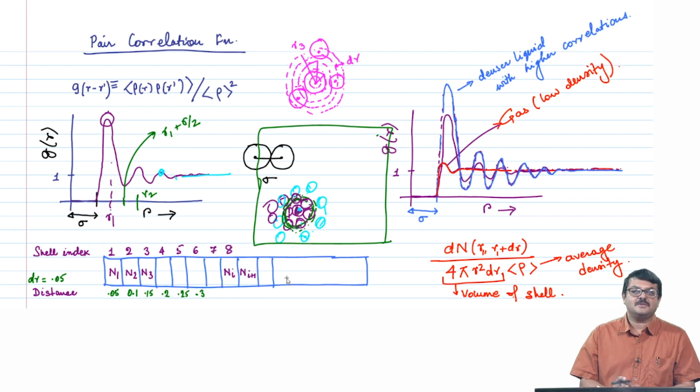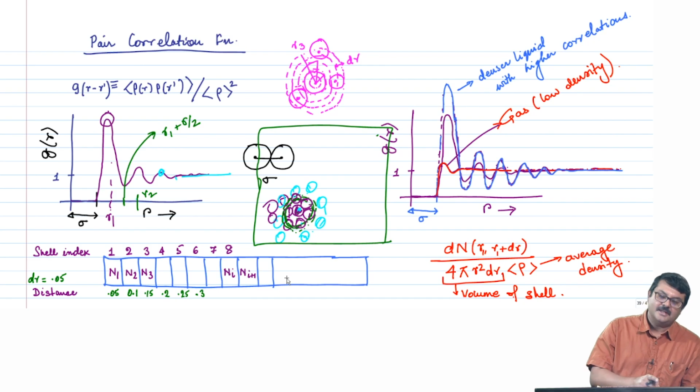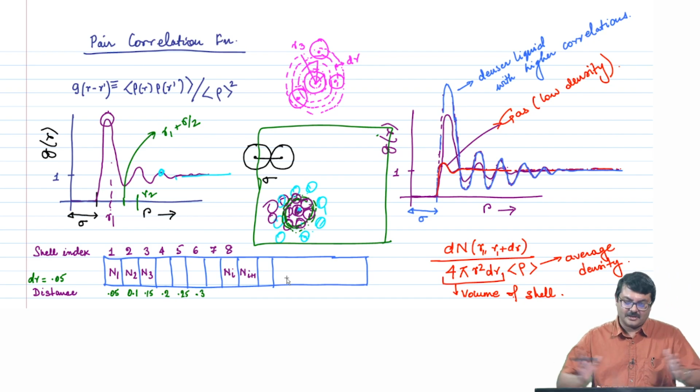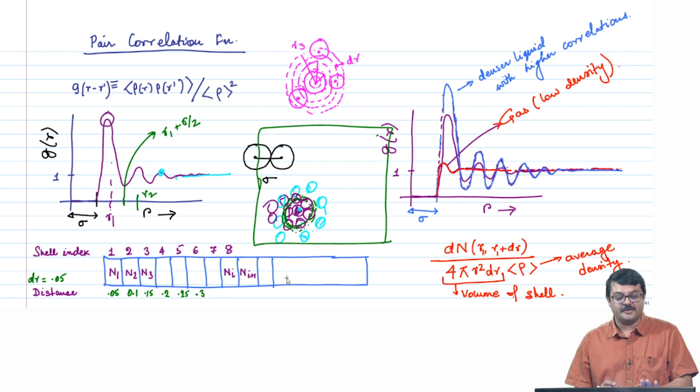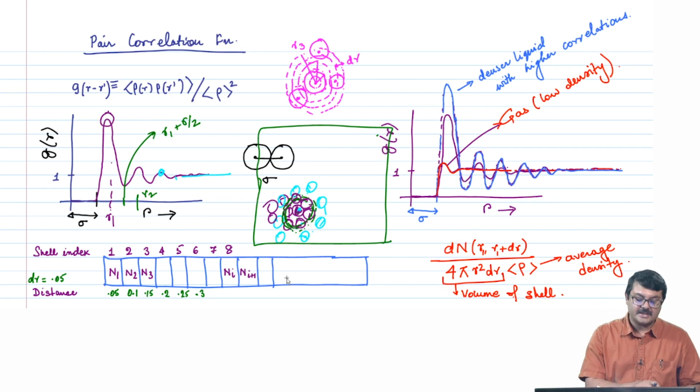Here you are doing the same thing, except that you are doing it for an array. It is a long array, and when you plot, you plot these average values of n1, n2, n3, n4, ni plus 1, particle averaged and time averaged, versus